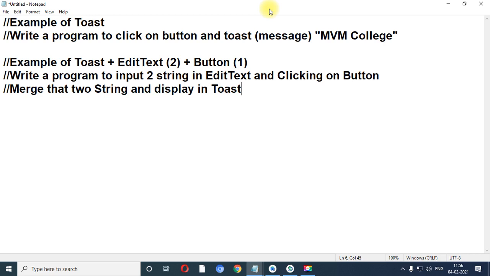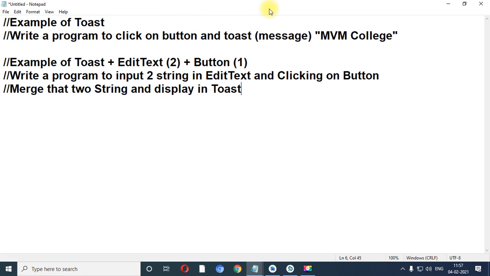You already understand the versions. At that time I told you that all the names are based on sweet or sugary items. So over here, Toast is a class through which you are able to print a message on a dialogue. So let us understand the concept of Toast class. The first definition is what? That is the example of Toast.